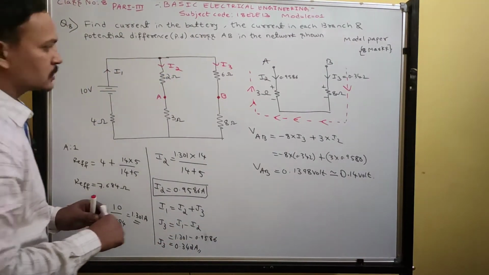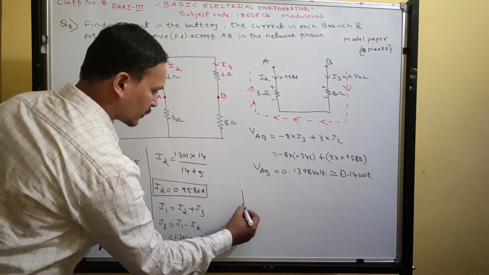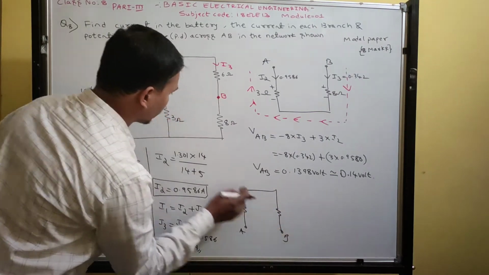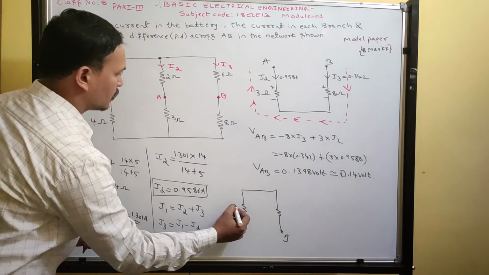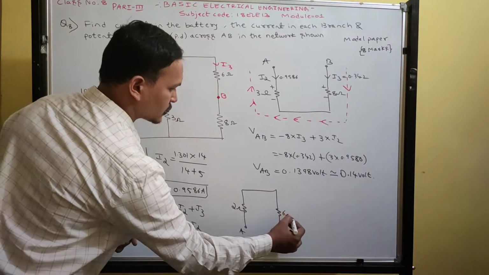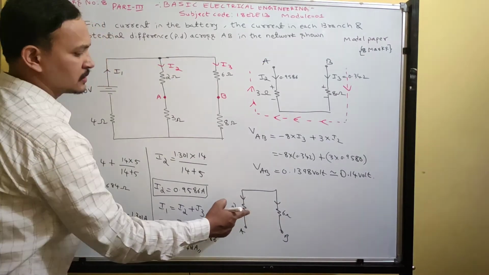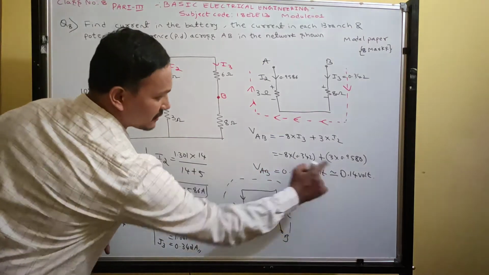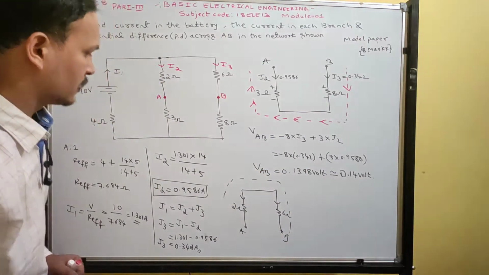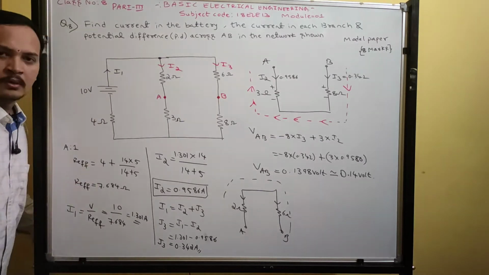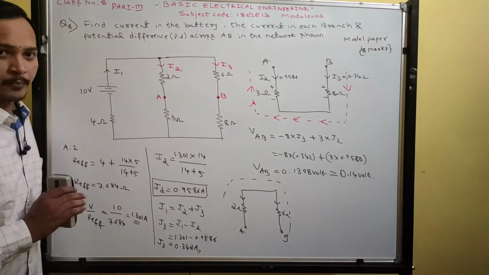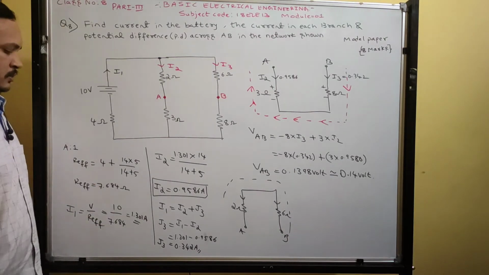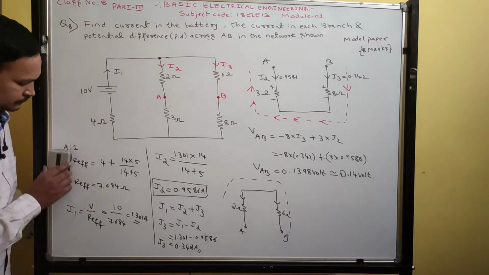See, you can also write between A and B. This is also possible. Between A and B, you can write like this. Okay, I have written the bottom part. You can write the upper part also. What is the resistance? 2 ohms and 6 ohm. What is the current? You enter those currents and apply like this. From B to A, you will get the same answer. Guys, please pause the video and then copy down. This is approach 1. Some students can do like this. Next, what is another way?